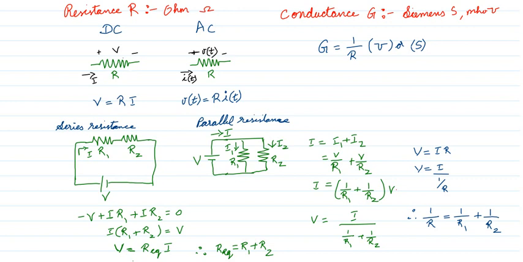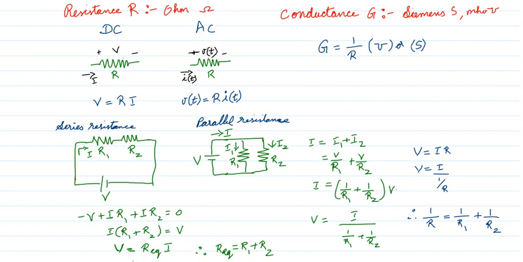Now, we know from our basic circuit analysis in part 1 of the lecture. This is part 2. I will explain what is a DC source and what is an AC source. In a DC source, I will represent things in capital letters. In an AC source, it is dependent on time, it is a function of time. So I will be using small v(t) and small i(t) to represent the voltage and current.